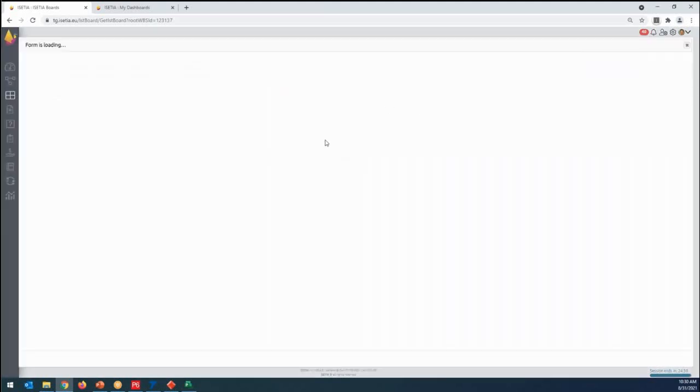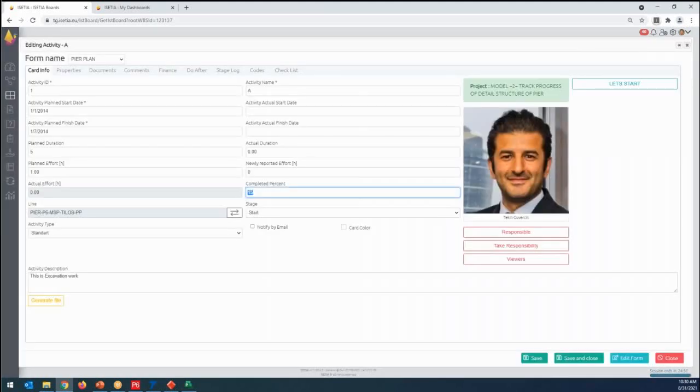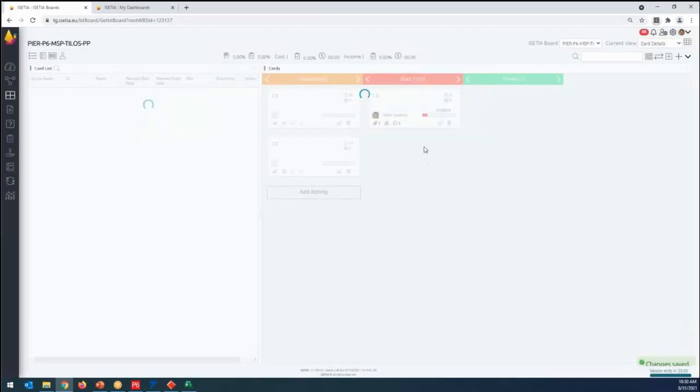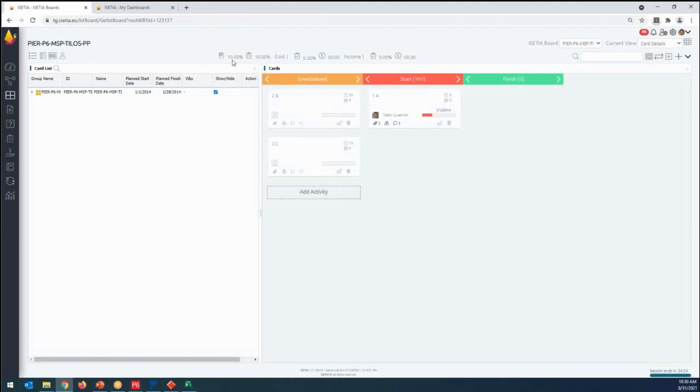And one day later, he can just come and say that, okay, today my progress is 25% or 30%. So with 30% progress, here you can see that the progress of my schedule is 10% because activity A is in progress. Of course, I keep here progress for task and progress for weightage, because if the task is 5 days or 5 man hours, it makes a different impact on the progress calculations. So here I come to the planned cost and actual information.